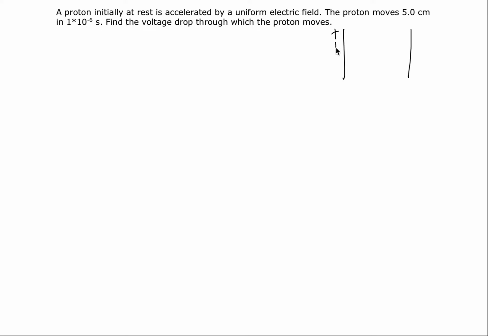If you have a positive plate on one side and a negative plate on the other, you know that the electric field always points away from the positive towards the negative. You know that the electric field also points towards a lower potential. So if you put a proton here, you know that it's going to experience a force to the right in the same direction as the field. So it's going to move to the right, which means if it goes from point A here to point B,